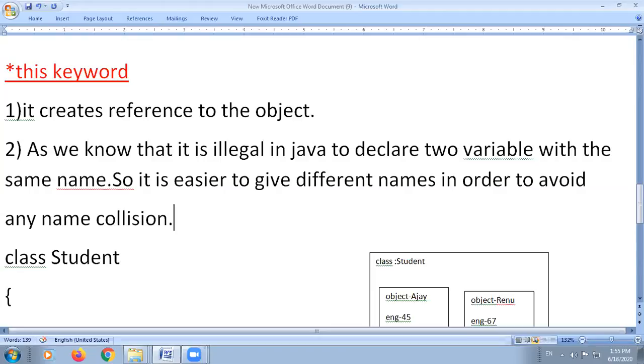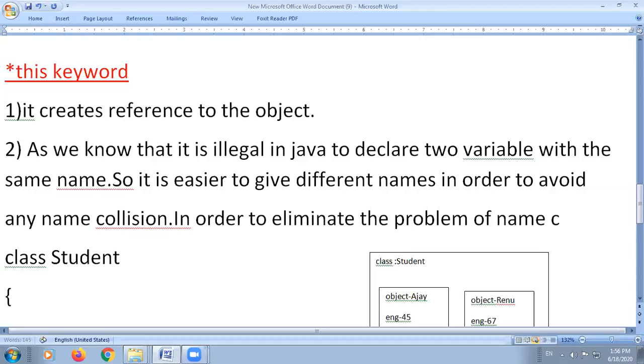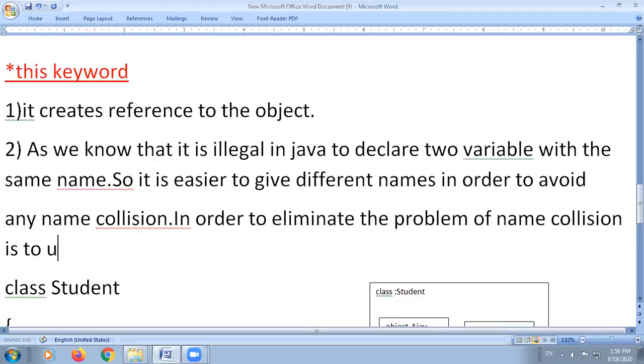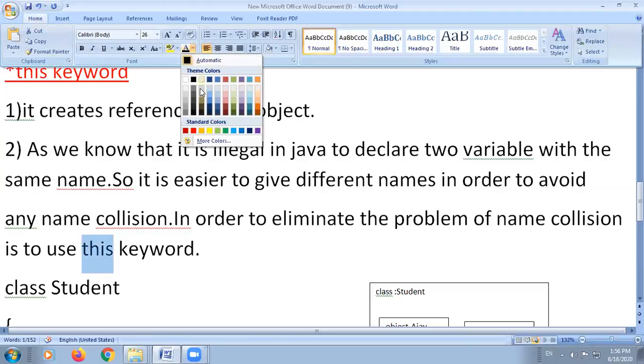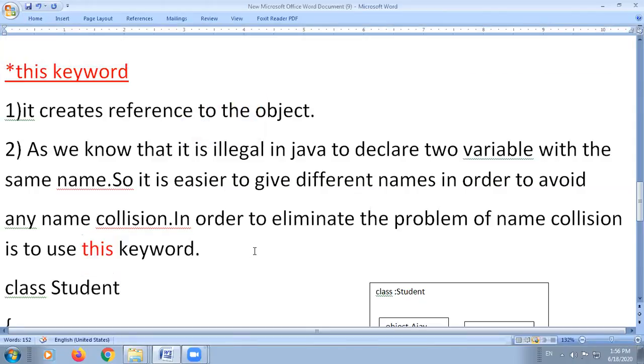And in order to eliminate the problem of name collision, we use the this keyword. So what is the second use of this keyword? That is the important use that I am going to explain to you, the name collision problem.